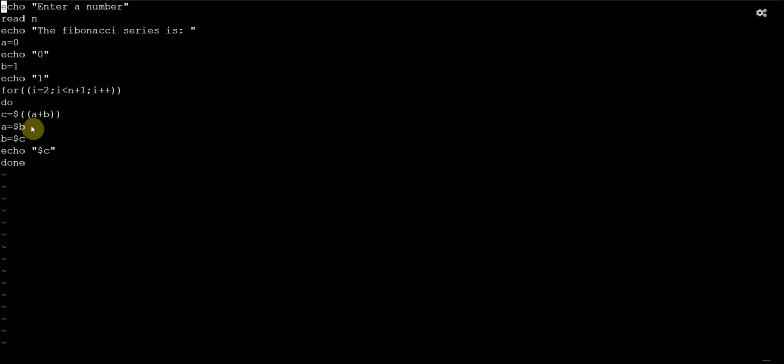So do c is equals to a plus b. So a plus b will be added first, as I told. 0 plus 1, that will be 1. So c will be initialized in this. So a is 0, right? So b will be initialized, so nothing but 1. So here b is equals to c. c is nothing but here 1. So this will keep on adding here. So 1 plus 1, then 2, 2 plus 1, 3, 3 plus 2. In that way this goes on.